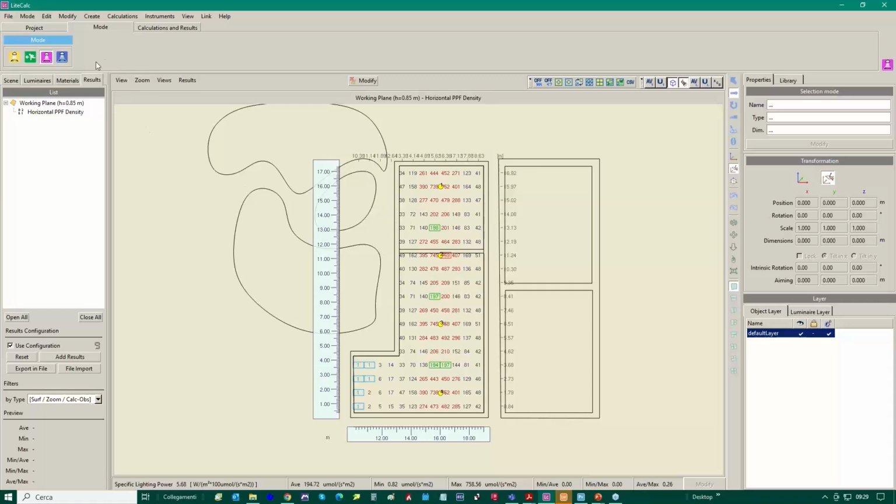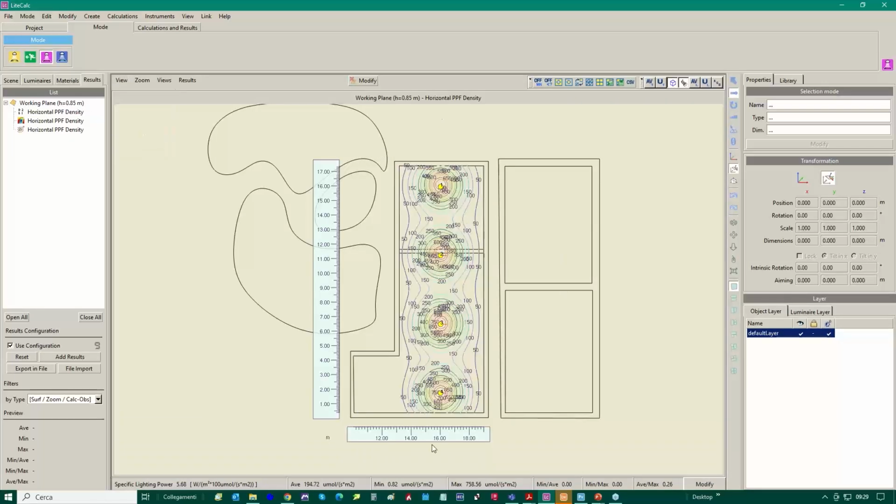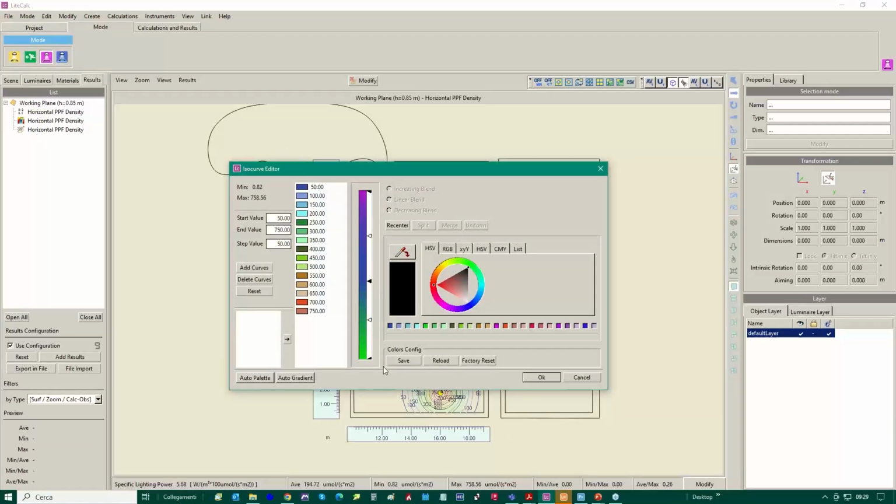So from here, we have the false color diagram. We have the isolines. And about the isolines, we can show you that it is possible to switch into different systems. So for example, the auto palette or the auto gradient. In this case, for example, you may select exactly a color of your own and define exactly the palette in function of your needs. So for example, if you want to visualize this one, the 500